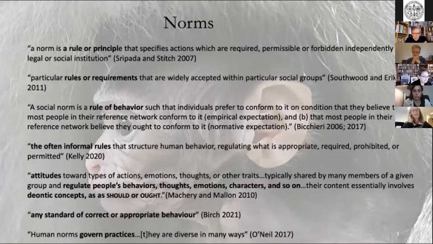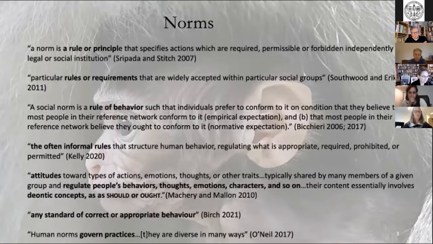But also a second kind of belief, and this is a metacognitive belief, or perhaps representational belief, that I think Hannah was getting at in her question to Jonathan, and that is the belief that most people in their reference network believe that they ought to conform to it, right? So beliefs about other people's beliefs. So you've got rules, but you also have this very high level of cognitive capacity that's required for social norms